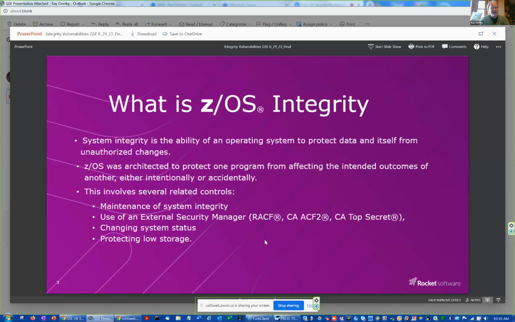And this idea of integrity came from trying to solve that problem where you have these multiple programs all executing with the same set of resources, and you wanted to make sure one program didn't step on or affect another one. So they had to have this concept of integrity in the environment so that both programs could run simultaneously and they would produce consistent results. Well, that was the early days. These days,